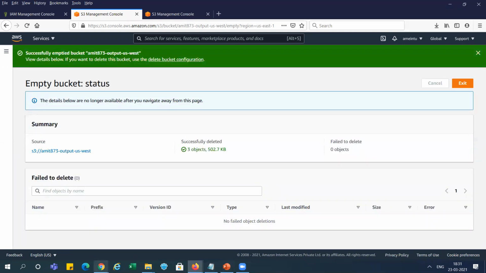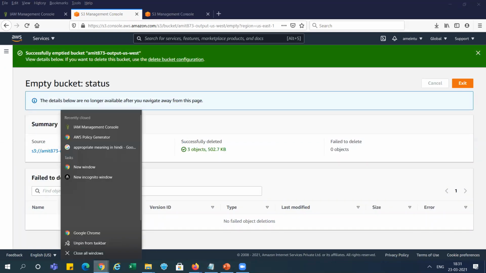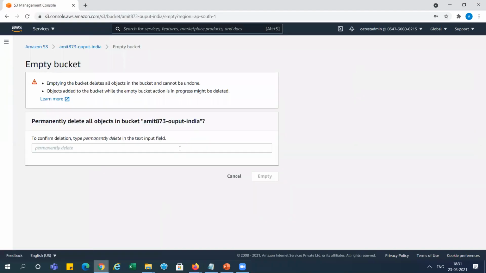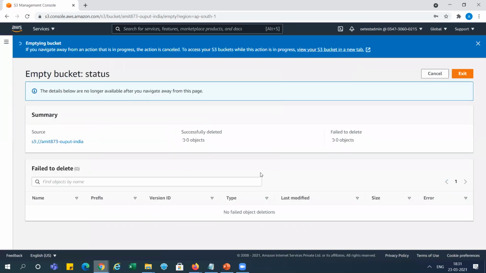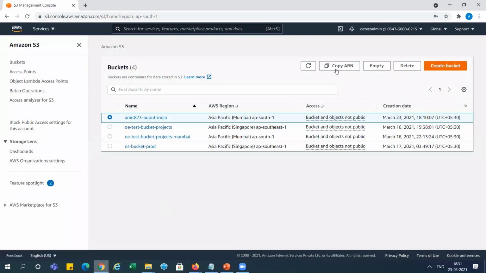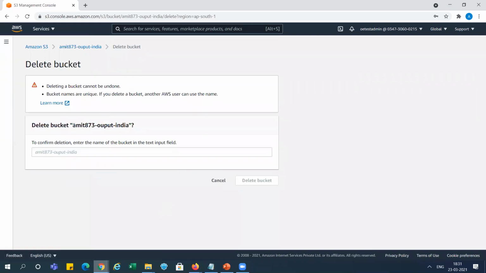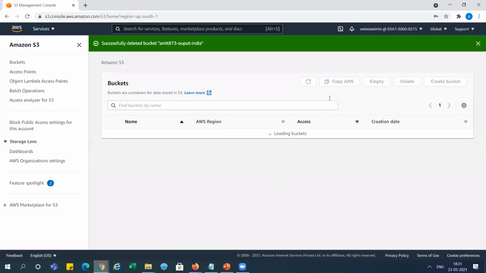And next, the one from the other account also, we will go here and delete, right? Now it will be deleted. Now we need to go and delete the bucket. First we need to empty it and then delete it, right? I'm deleting this bucket. Delete bucket, right? So the bucket is deleted.